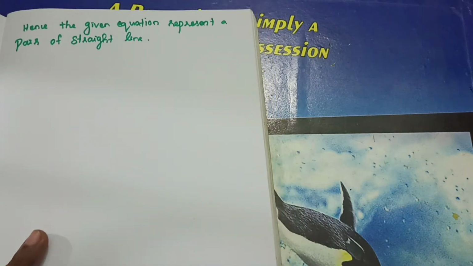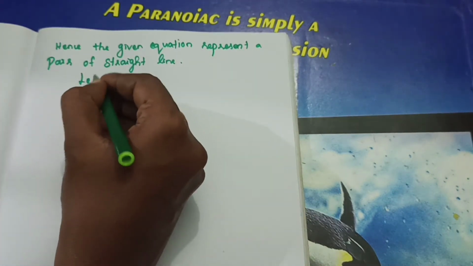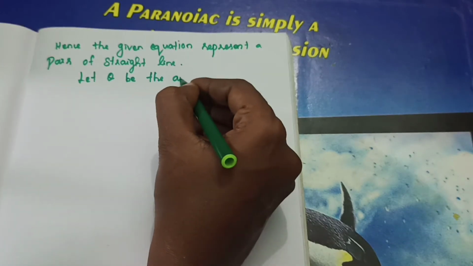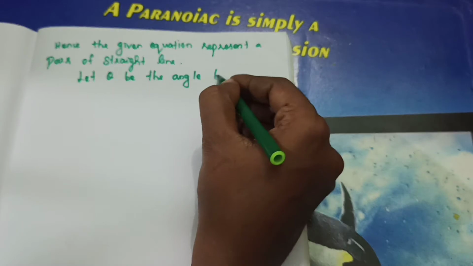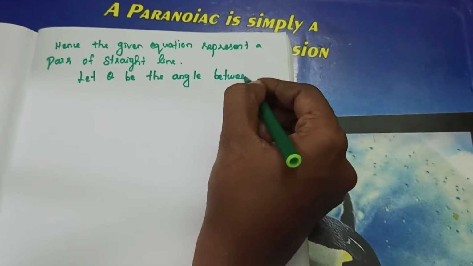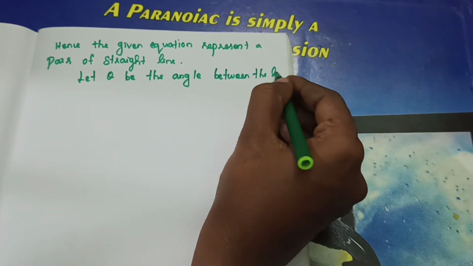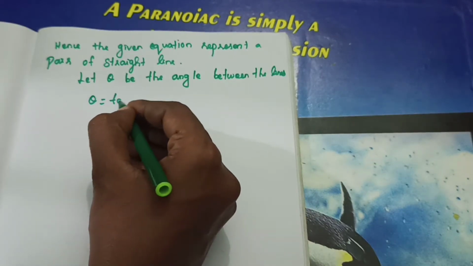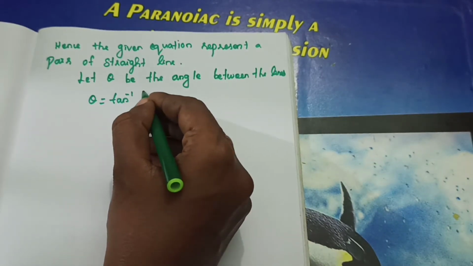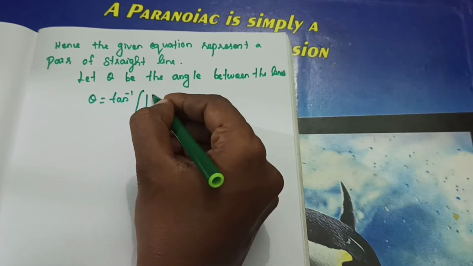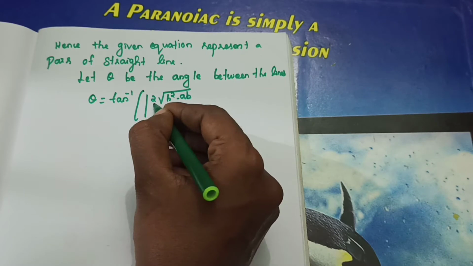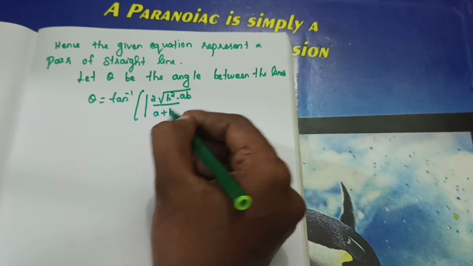So in this question, one more question is there. You need to find the angle between the pairs. So you take the angle as theta, that is, let theta be the angle between the lines. What's the formula? Already you have learned. That is tan inverse of modulus of 2 into root of h square minus ab divided by a plus b,